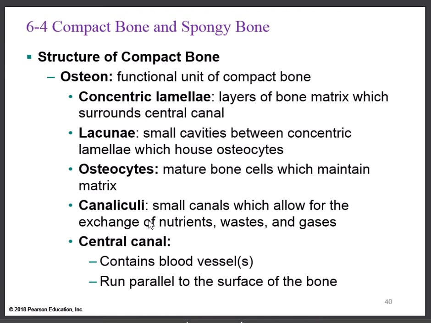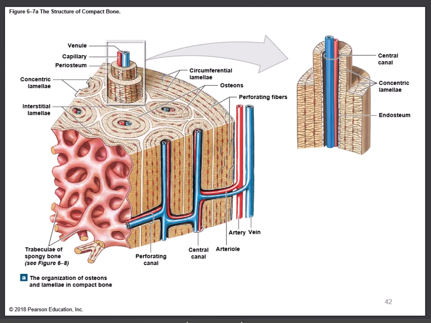It's important to know that the osteon is the functional unit of compact bone. We only see osteons in compact bone. What the osteon consists of are these rings of concentric lamellae. These are layers of the bone matrix which actually form these rings around a central canal. So I'm going to take you to a picture from